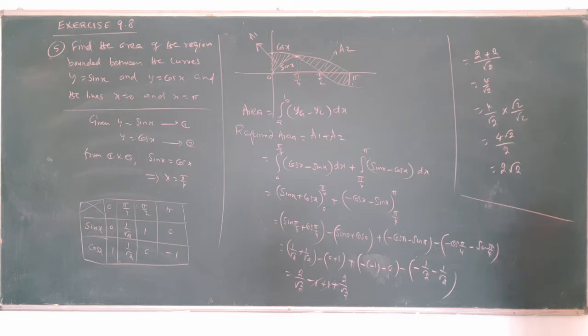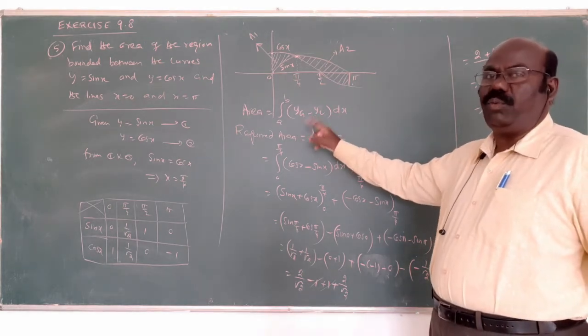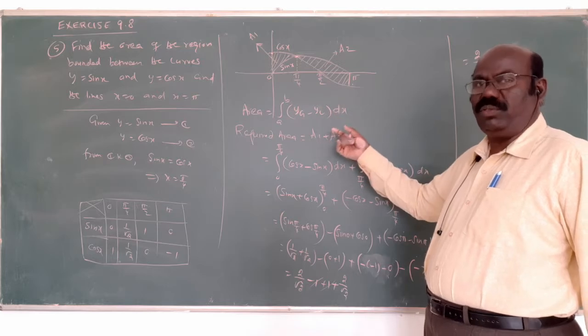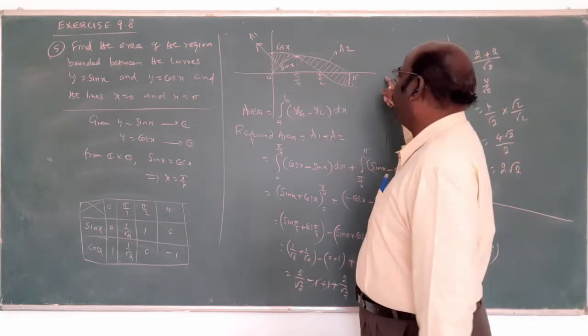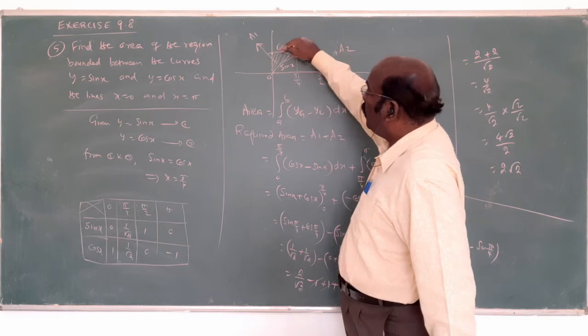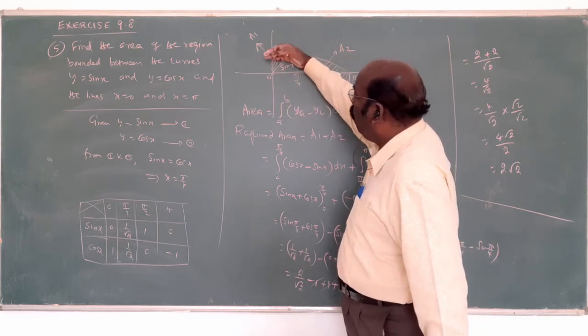But two equations are given to me. Definitely we use this formula, very important: y3 minus y1 is y1 by 2. Which one is the maximum area? Actually here this is the x-axis. The above is cos x, from 0 to pi by 4. Using cos x we get the whole area.